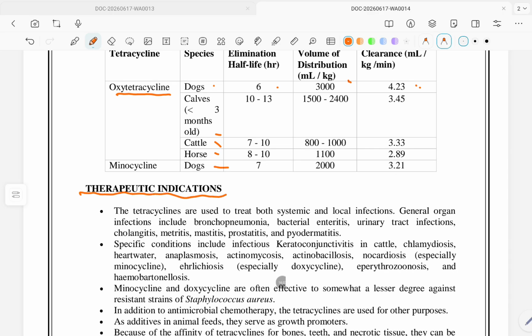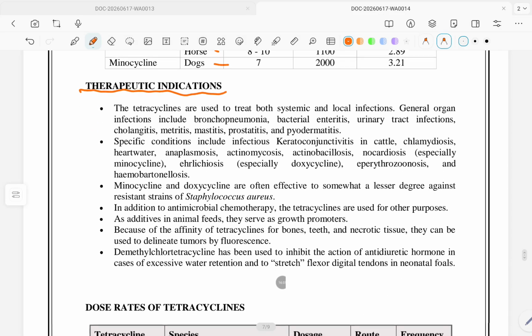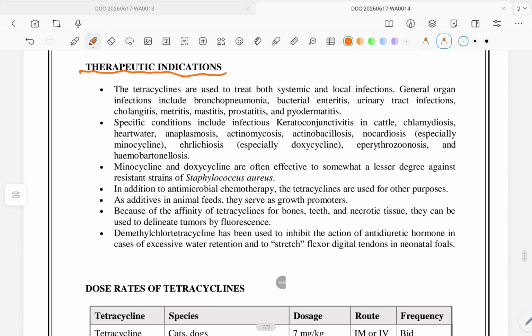Therapeutic indications. The tetracyclines are used to treat both systemic and local infections. General organ infections include bronchopneumonia, bacterial enteritis, urinary tract infection, cholangitis, metritis, mastitis, proctitis, and pyodermatitis. Specific conditions include infectious